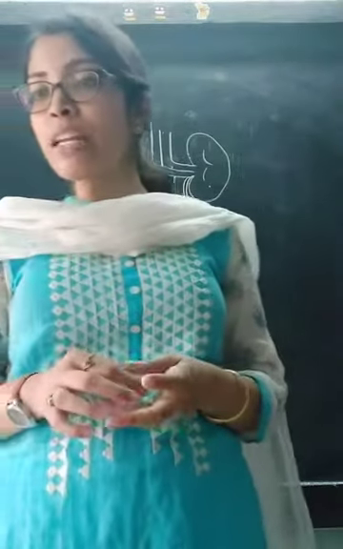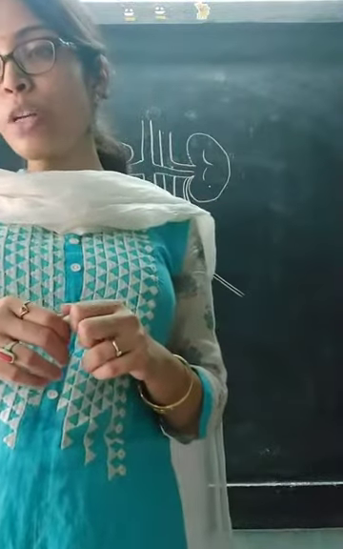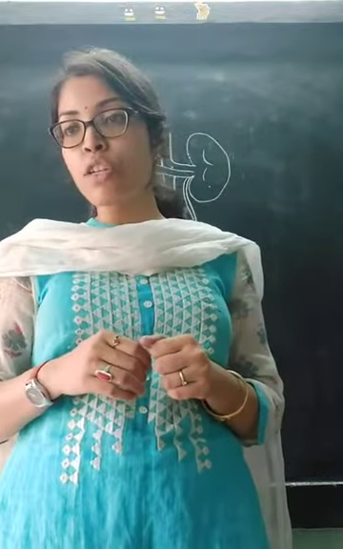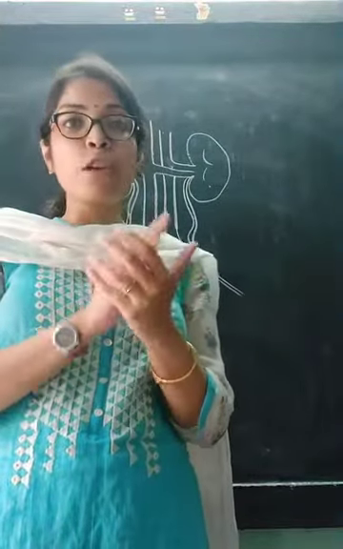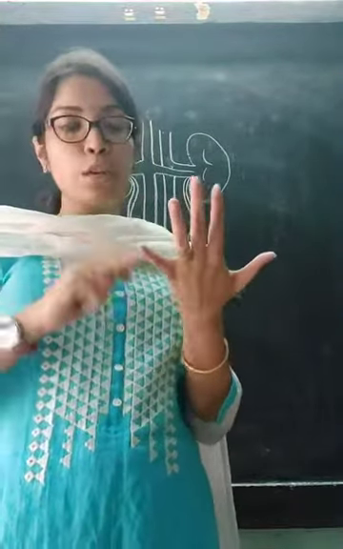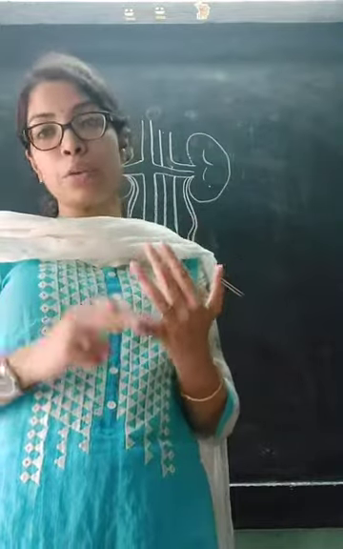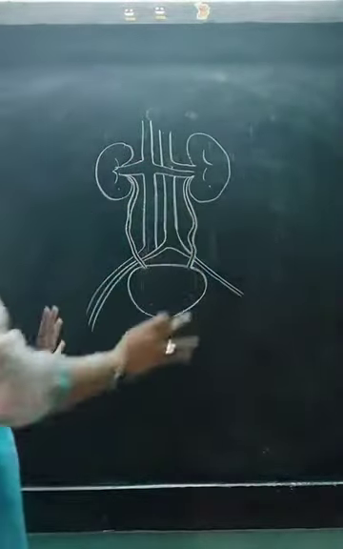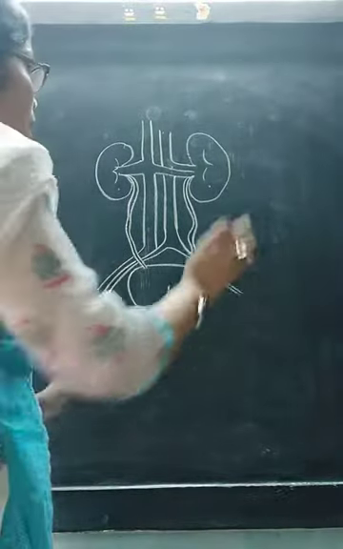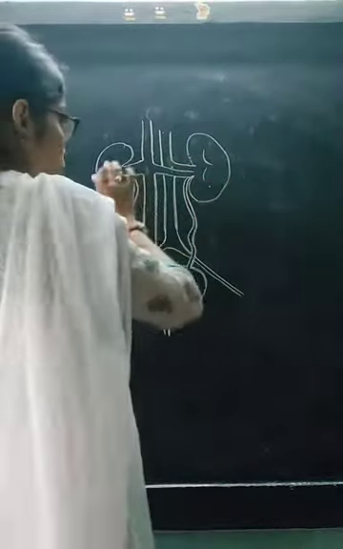See, humans have an elaborate excretory or urinary system to eliminate nitrogenous waste products. It consists of the following parts which I have already discussed: kidney, ureter, urinary bladder and urethra. Now, look at this picture. Here, I have drawn all the structures but I have not labelled it. I will label it now so that you can understand. So, these are the two kidneys. So, I am drawing it here.